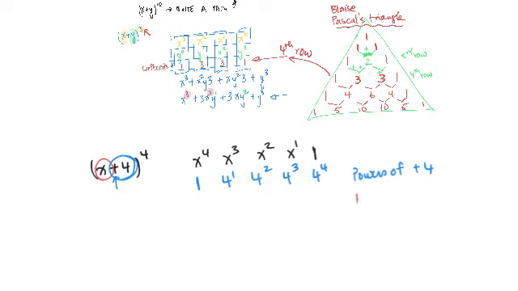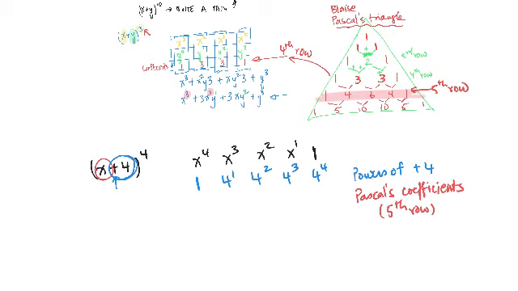And then in my last row, I'll have my Pascal's coefficients. Since I'm raising something to the 4th power, I'm going to be in the 5th row of Pascal's triangle, and here's my 5th row, and I'm going to have these numbers from here in my 5th row: 1, 4, 6, 4, 1. So 1, 4, 6, 4, 1, and if I just multiply downwards, remember you're multiplying down like that, we get